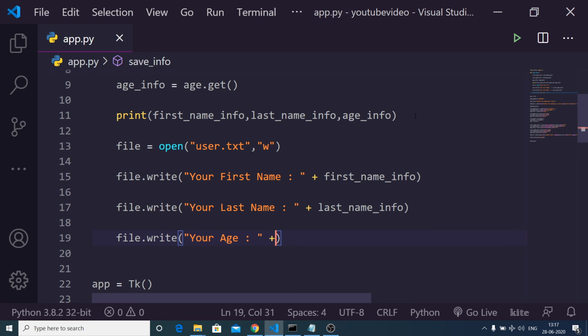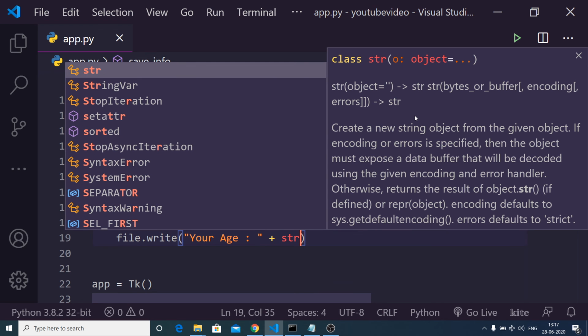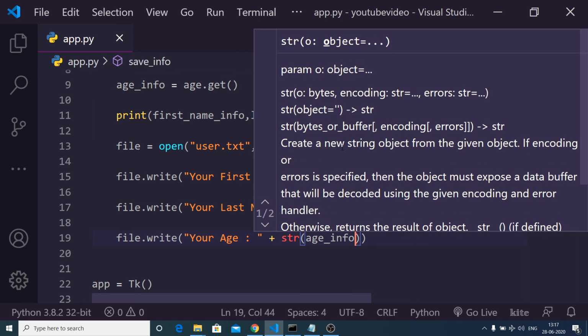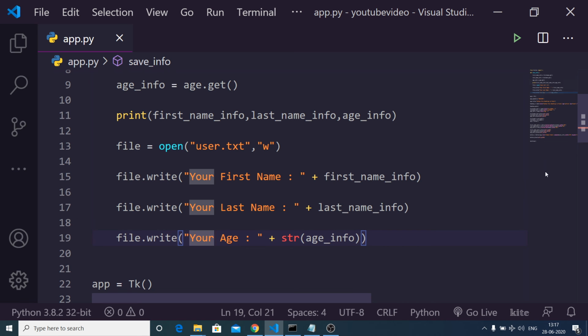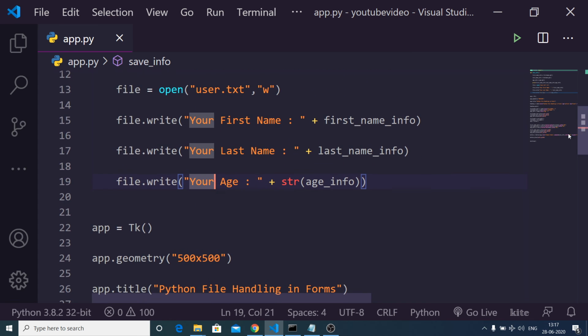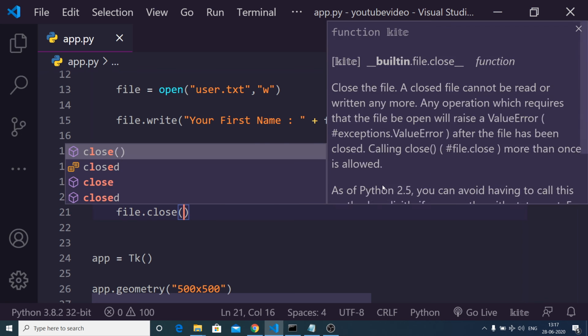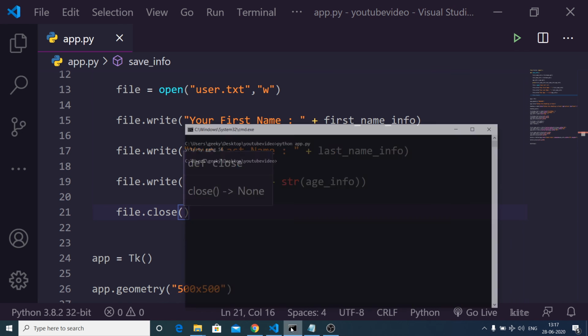and now age is an integer, so we need to convert it from integer to string. So now we will use the string method in order to convert it. So age underscore info. This will actually convert the age into the string. And after you write all this stuff, we need to close the file also. So file.close, that's it. Now your application is complete.